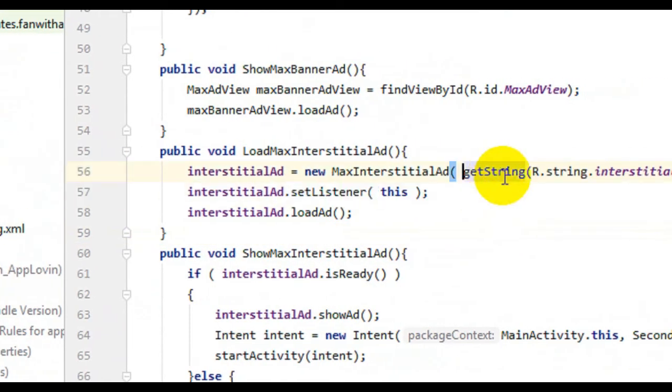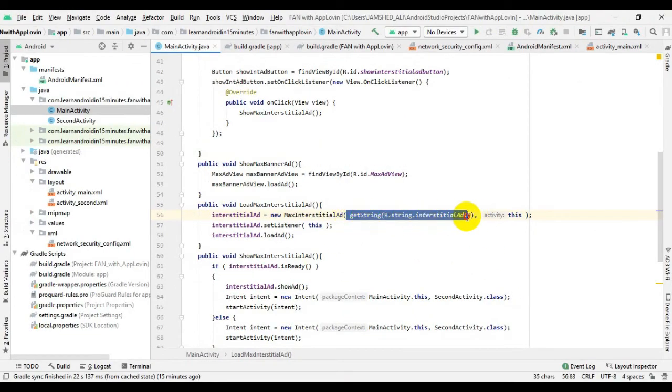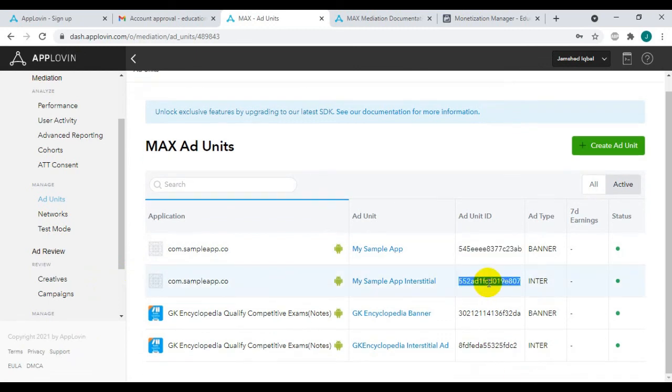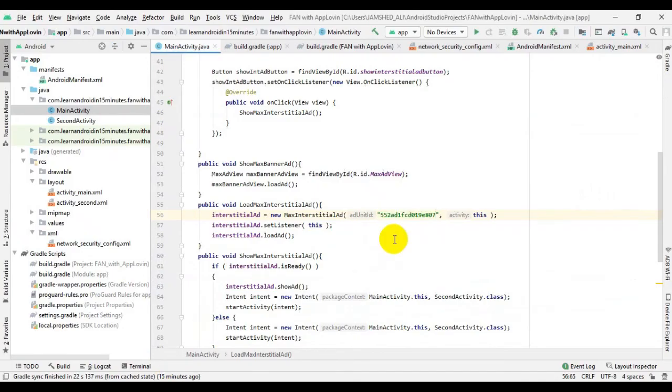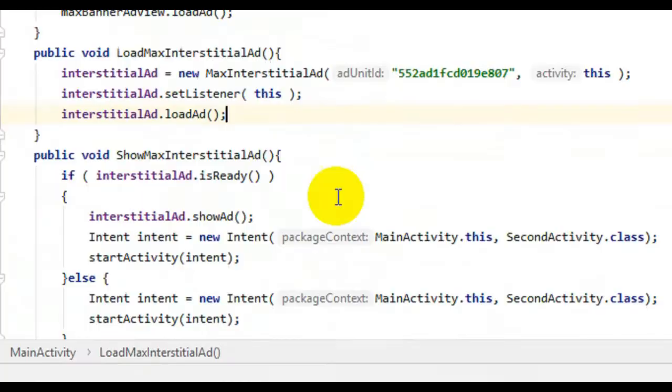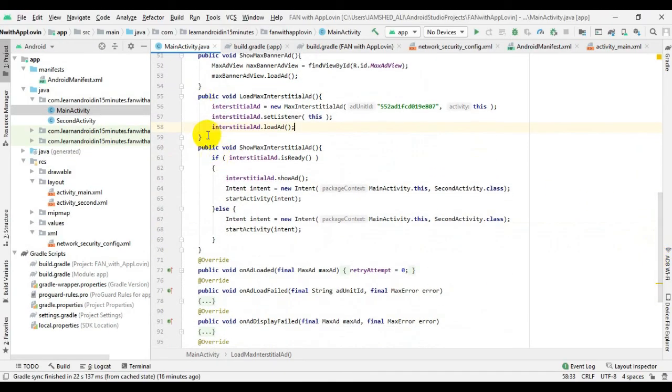Now outside onCreate, you have to create these three methods: show max banner ad, load interstitial ad, and show interstitial ad.